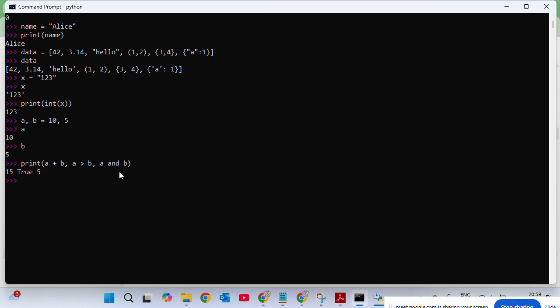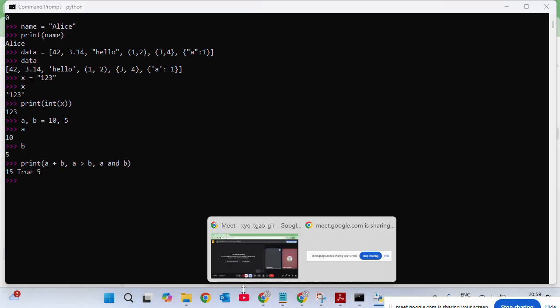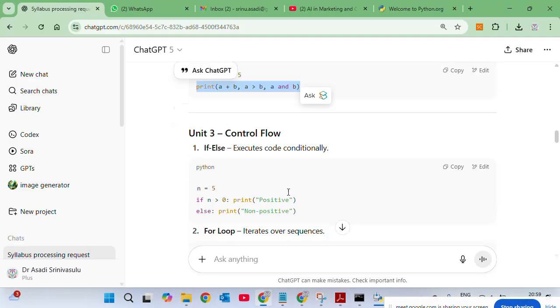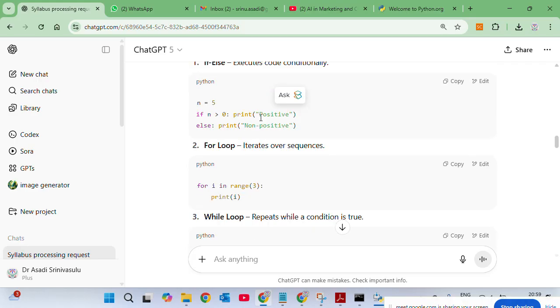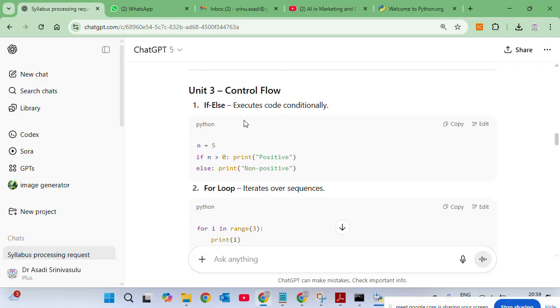So that is AND operation. Why 5 came, I will explain later. Then the third unit, control flow. Control flow is nothing but checking which variable is greater and which is lesser by using if else. By using if else, it executes conditionally. It is a conditional statement: whether the given statement is true or not, whether the given variable is positive or negative, we are